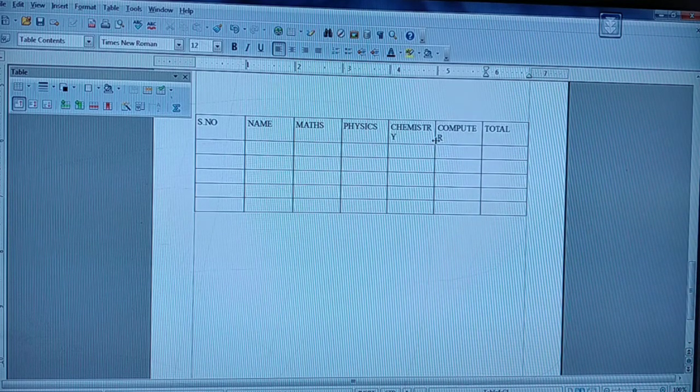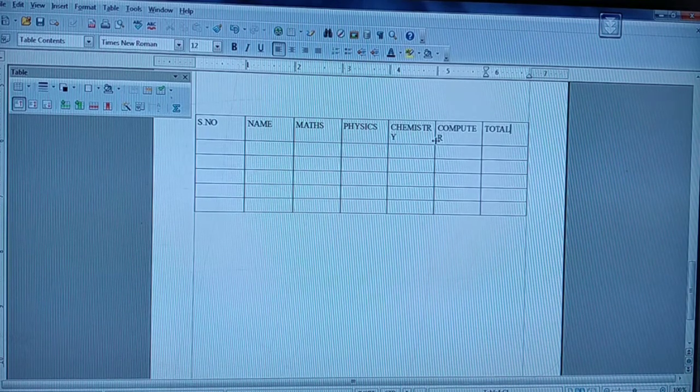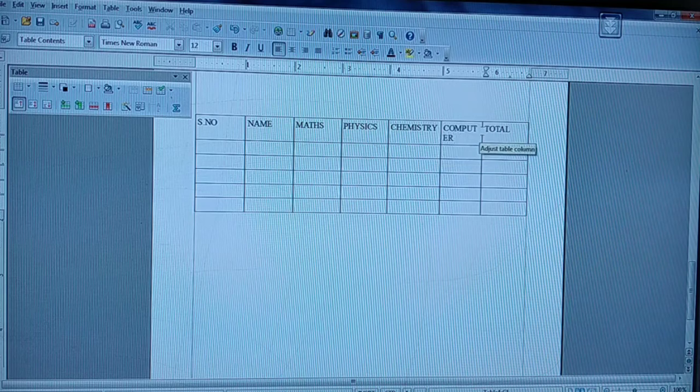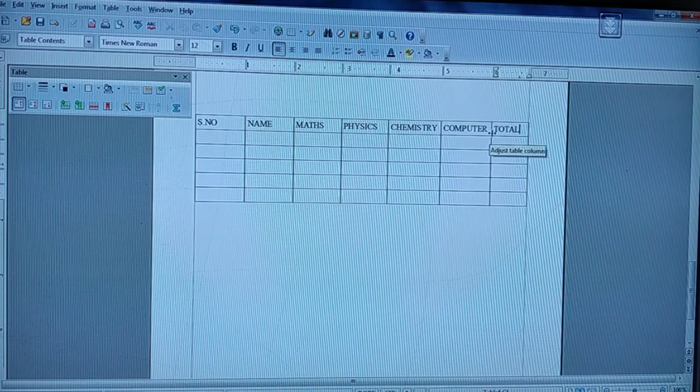Yes, then you people can drag it. Yes, you people are able to see the difference. By means of this double headed arrow, you people can adjust the table. So based upon your need, you people can adjust your table column.